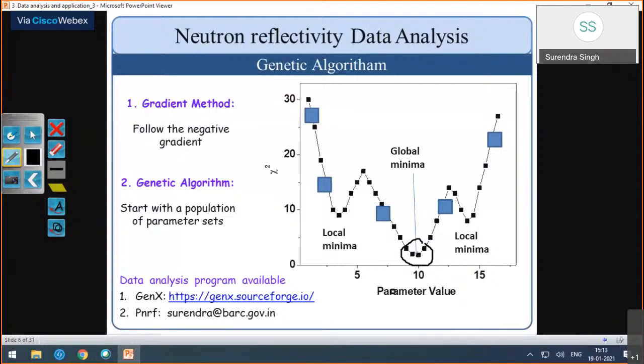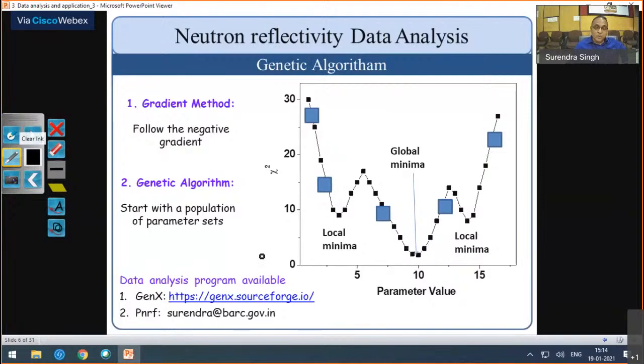A program may require scattering length density as input. Some may require scattering length density in angstrom^-2 units. Some may need it in Fermi. So that may be the variant, but the basic parameters are the same. One of them is GenX, which also uses this genetic algorithm to minimize your chi-square for reflectivity data. I have written this PNRF, and if somebody wants it, they can write to me. Though this is not user friendly,